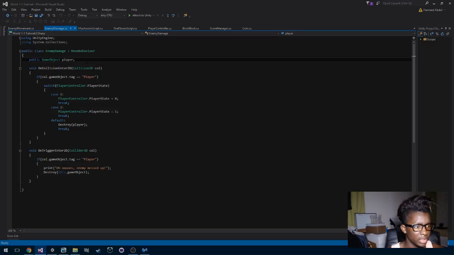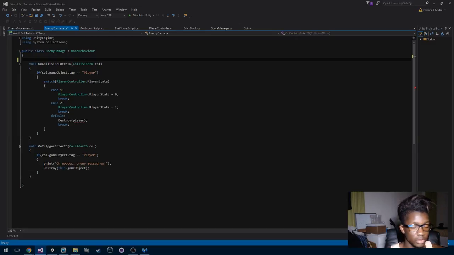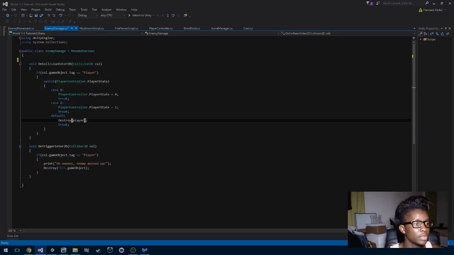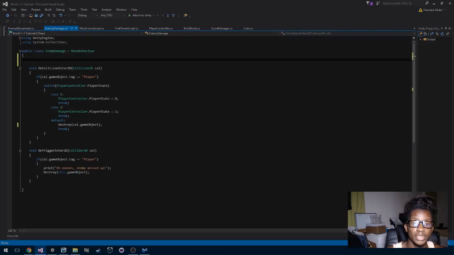We don't even need this line, really. Just go to this line here that says destroy player and change it to game object. And that fixes itself. Go back down here, and basically we're going to make a